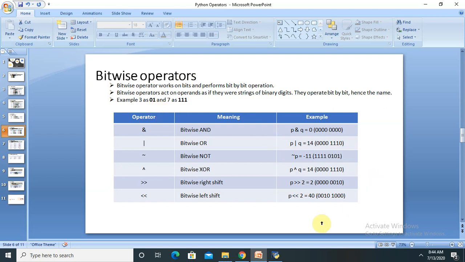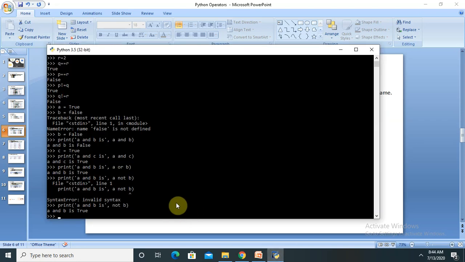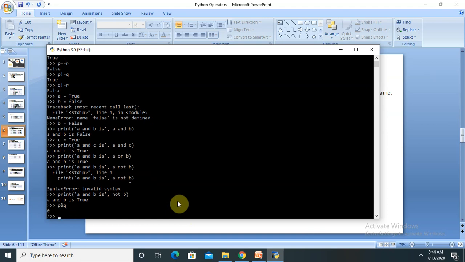So let me print it here. We have provided the value p and q, and let's see what's the result. We are getting 0 because we have declared True and False values. Let me print a and b.